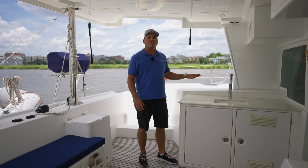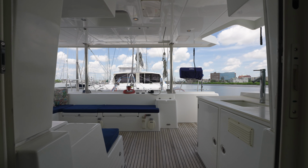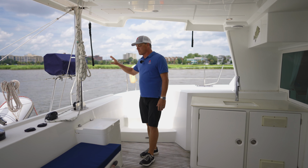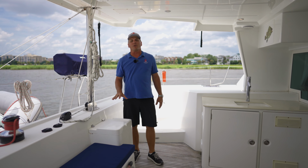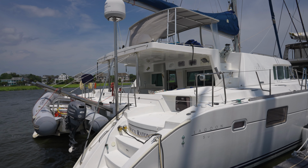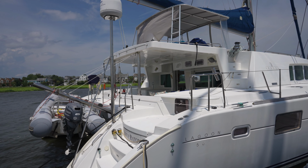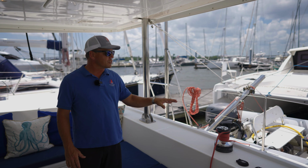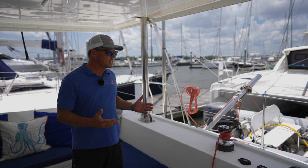On the port side, we have a freshwater sink and mini fridge for additional cold storage. And here on the stern, we have a Monterey Magma barbecue and full-size propane tank that'll keep you grilling all season long. Looking aft, the stainless steel davits house our Zodiac Bay Runner dinghy, which has a 25 horsepower Yamaha motor. We also have a Harken 2-speed winch right here, so we can raise and lower the dinghy at the